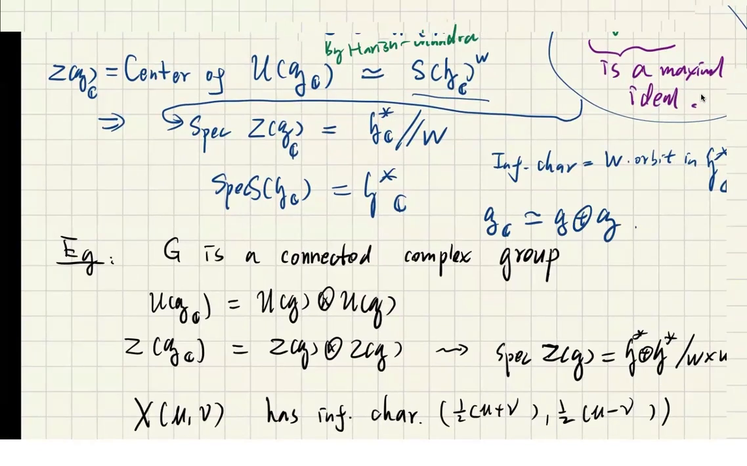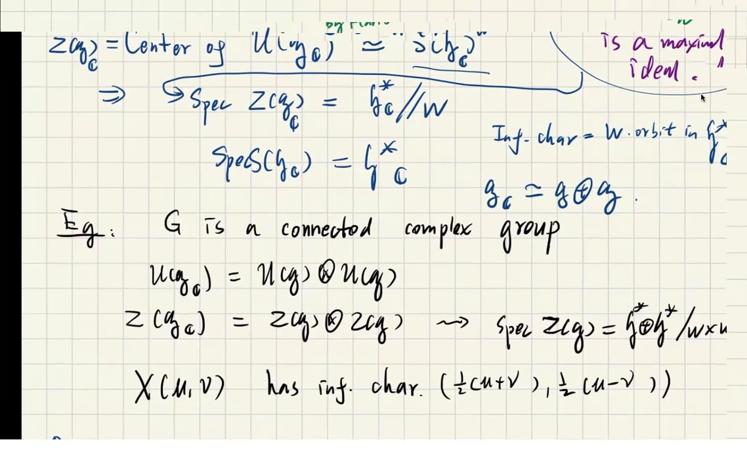So therefore, the universal enveloping algebra is a tensor product of the universal enveloping algebra of G with G itself. And the ZGC will be two copies of ZG together. So therefore, the spectrum is just H star plus H star divided by W cross W. And it's a fact that, as a consequence, it's a general fact of the normalized parabolic induction that